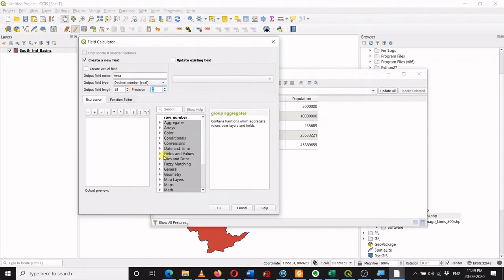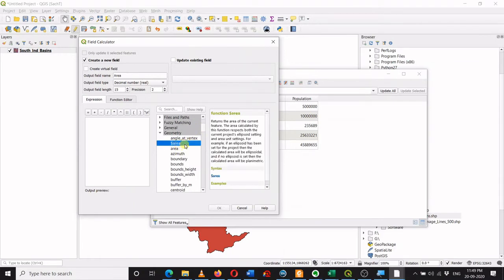Then I will see how I can calculate the area. For calculating the area, you need to go into something called geometry, and once you go there you will find several options. I will click area; there are two areas, one with the symbol of a dollar. I will select that.